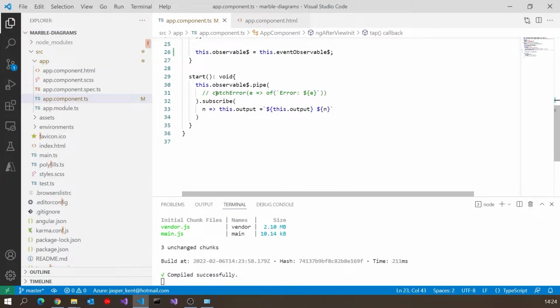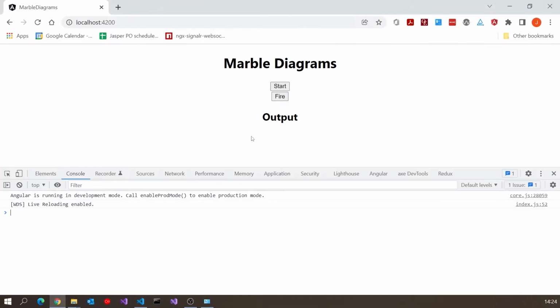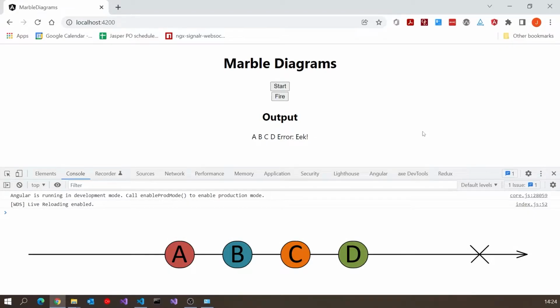So if I just uncomment that, just before we subscribe, we've got a catchError, which will actually catch the exception and then insert some output to terminate the observable. And if we do that, we'll just see it behave slightly differently. So now we still terminate at E, but rather than it throwing the exception all the way up to the browser console, we've handled it in a particular way. So that would just end with the cross at the end of the observable line on the marble diagram.